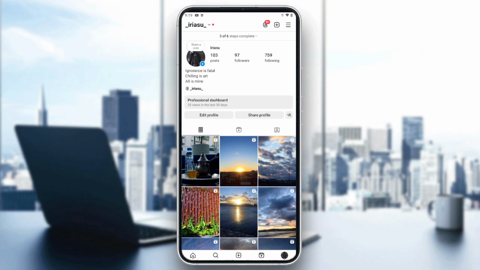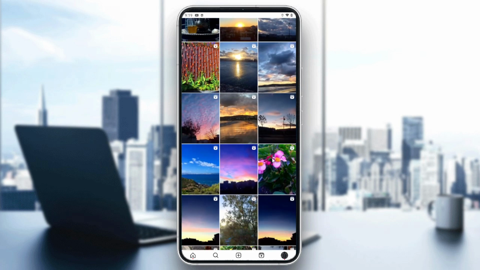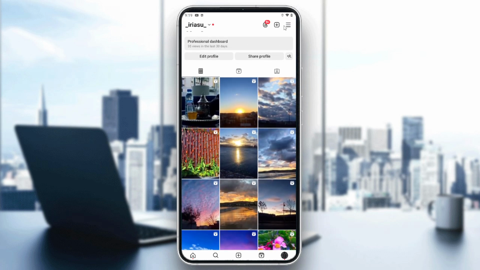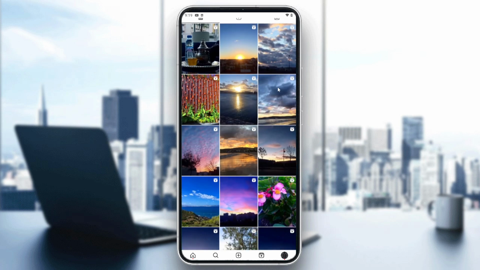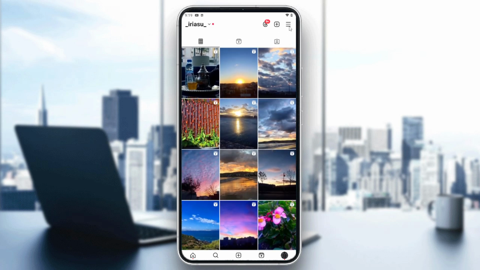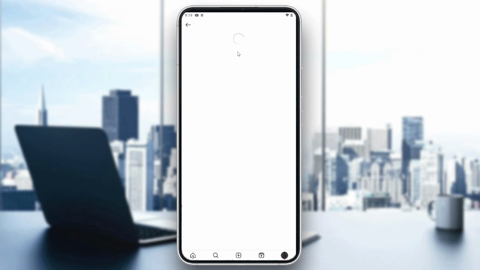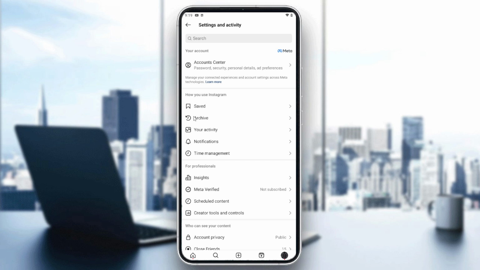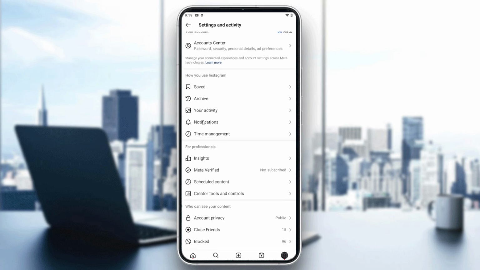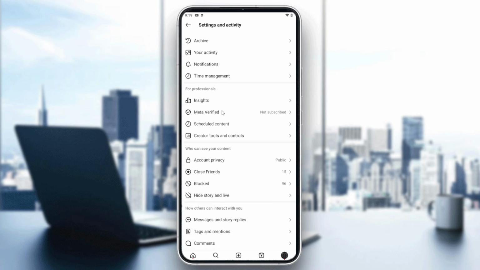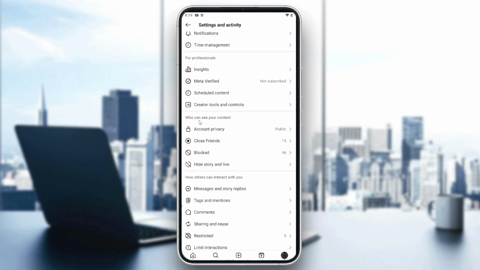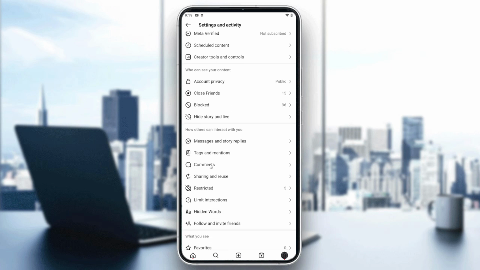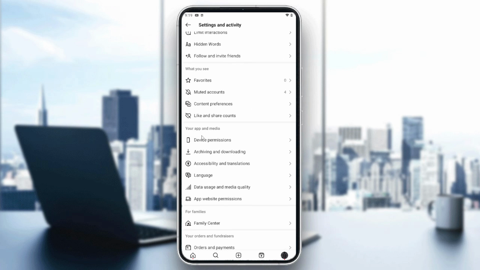So simply go to your profile here, and after that, all we need to do is click on these three horizontal lines. Basically after that, we will be able to start enhancing the quality. So just go here, and after that, we will need to go to How you use Instagram. You will find the Who can see your content section, and what we are interested in is Your app